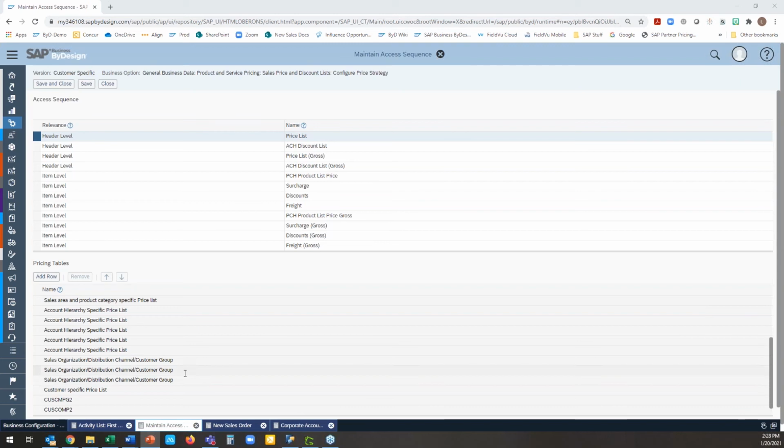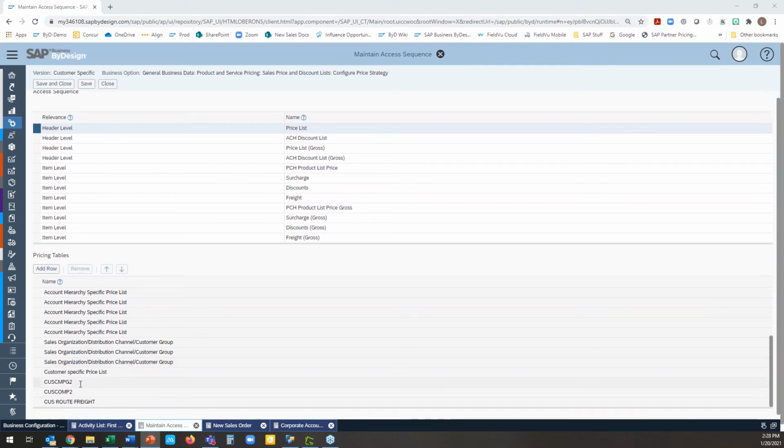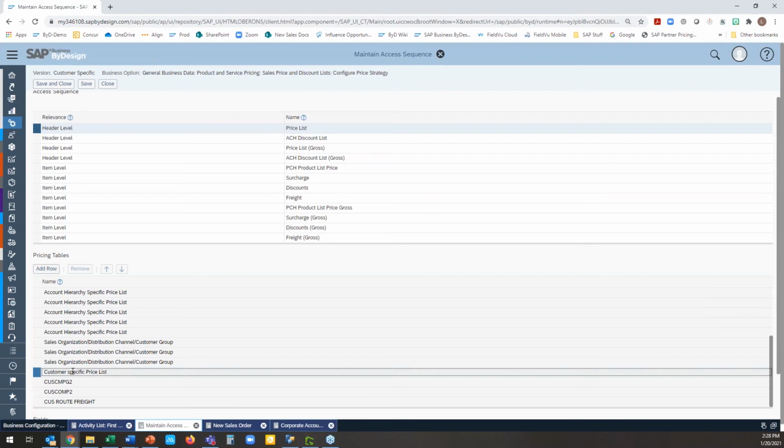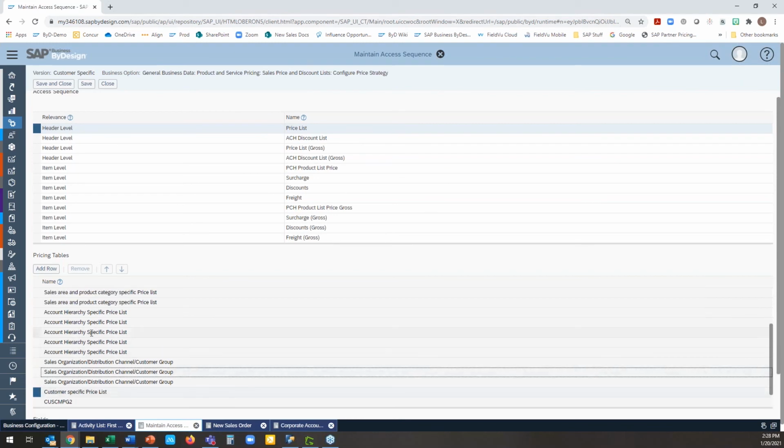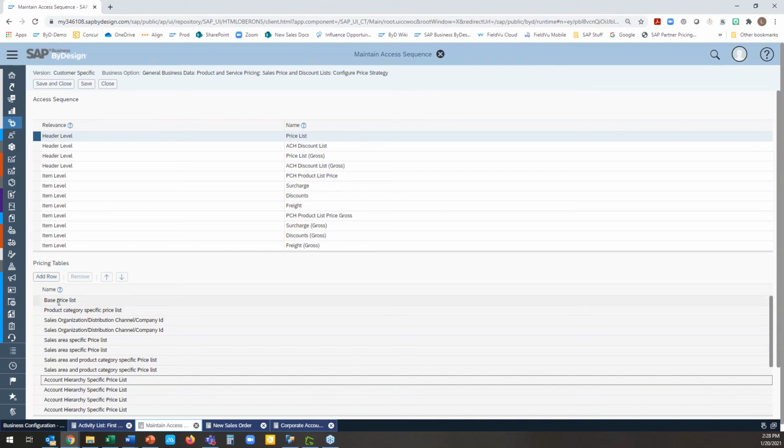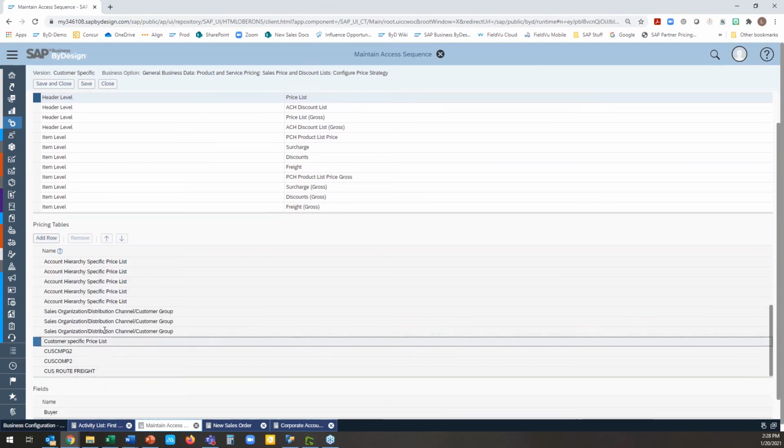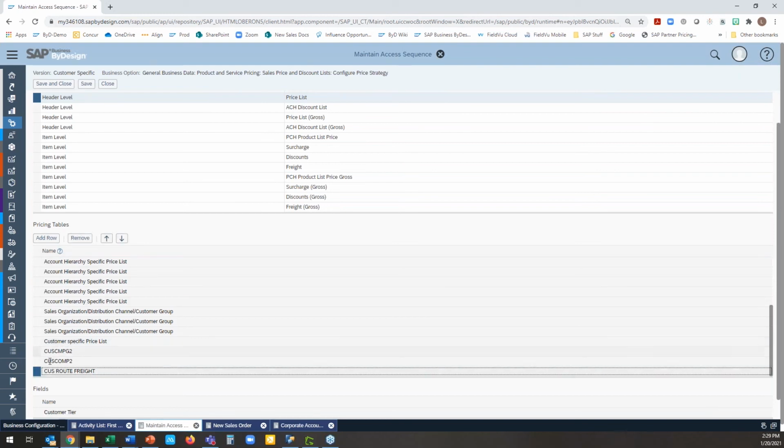pricing group assignments. So you can have a lot more options, but then you'll see down here that you've got customer, company, customers, some other groups and things like that I've created. So anywhere from here up, as you've added any of these things in, the way the system works, it starts from the bottom and works its way up. So you always want to have your most specific price list at the bottom. But as I mentioned, if you have company specific activated in here, that's always going to be at the bottom and it's always going to pick that first. So that's why you would use these. But if you want to move them around, you just select them. So any of your customer ones,